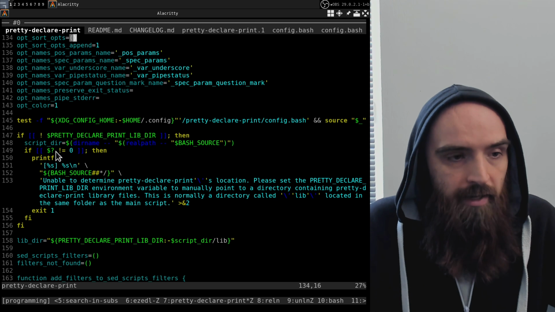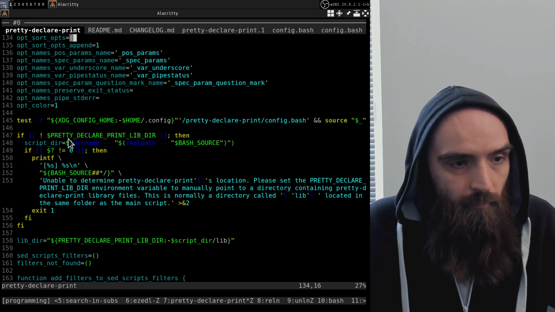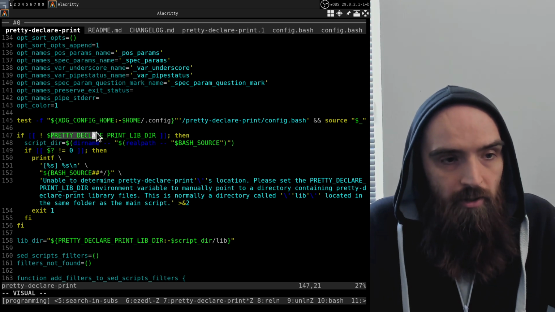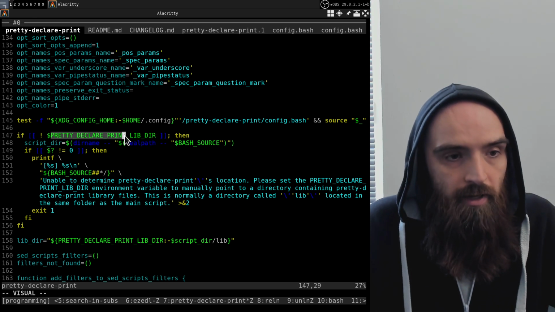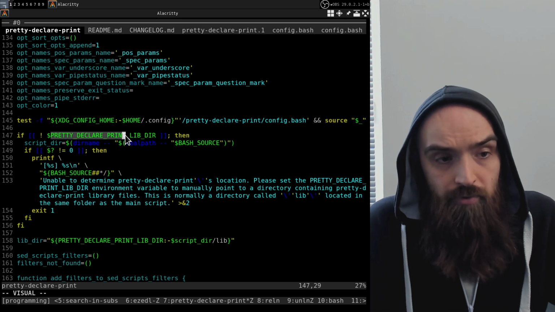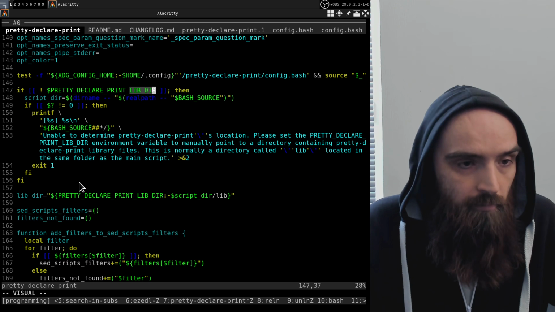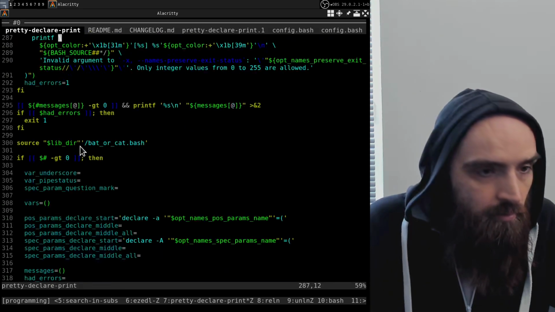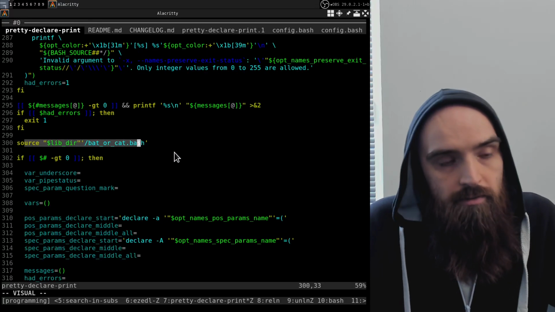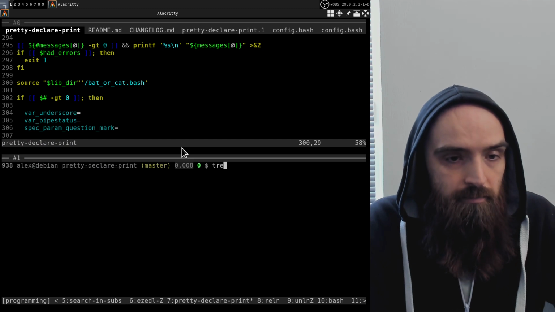Here's another script that I have that uses the same approach. In this case, I just call this environment variable something different. I simply use the script name as a prefix to this libdir variable name. But everything else works just the same. Here's another source command, and this way I can break up the project